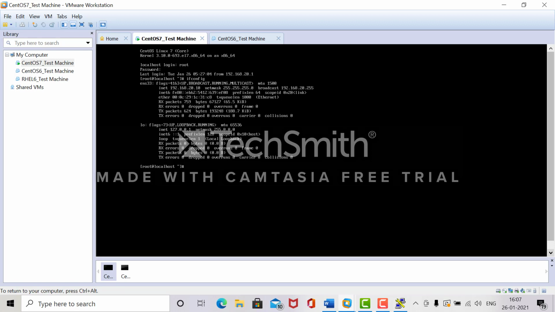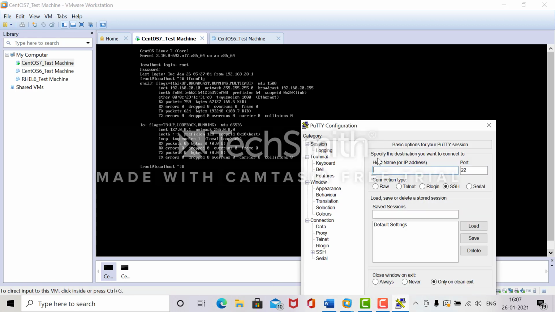See, this is the IP address which I have given to the server, that is 192.168.20.10. Now I am using the same IP address in PuTTY and I will try to log into the server. For this, there should be networking between your server and this PuTTY, so that your server can be accessible from anywhere, or internally it should be reachable. So networking is always required.